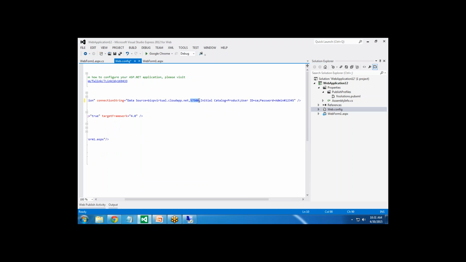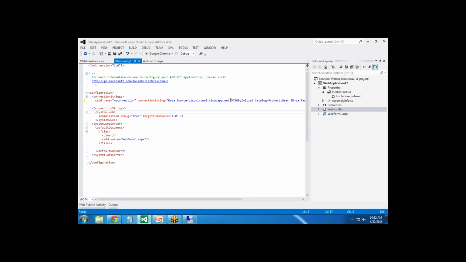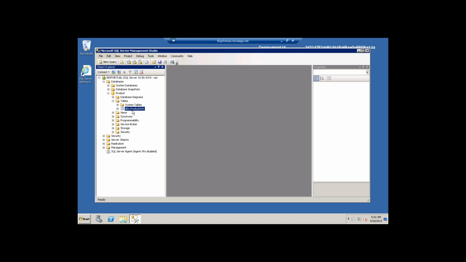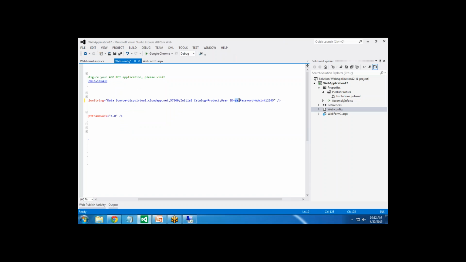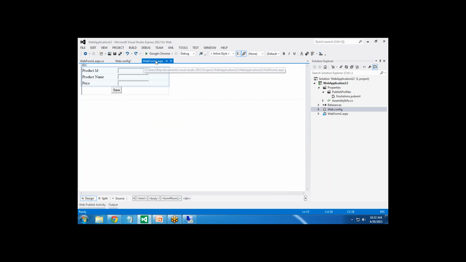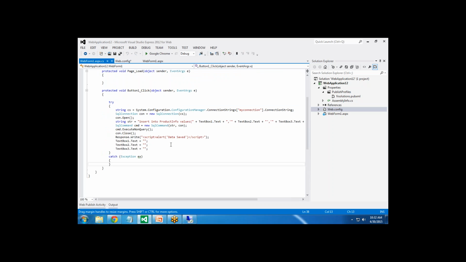We have created a public port. So after this comma, I just add the public port, and the catalog is product. Product is our database name. So our database is product, and in this we have the product info table. And password is SA, and username is this, password is this. Okay. And after that, I'll switch to the web form and double click on the button,